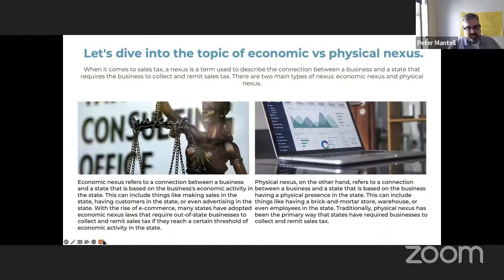Now, part of the expansion that has broadened, because the Supreme Court then re-reviewed Quill in Wayfair in 2017, is that they incorporated economic nexus. So above and beyond the physical nexus that Amazon could establish, let's just say you're selling through a platform such as Shopify, and that's your only solution, you own your own brand. Once you hit certain volumes of sales in the United States, you still have to register with the states and collect and remit sales tax.